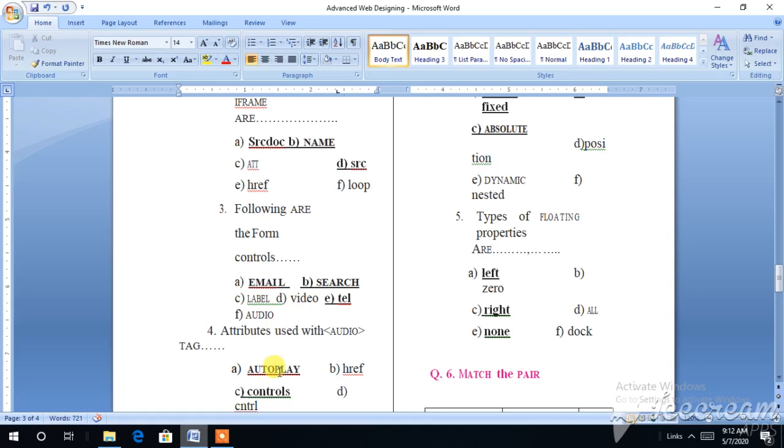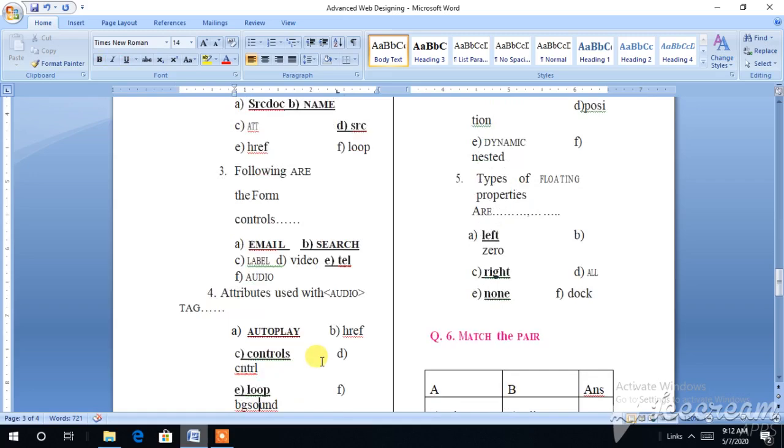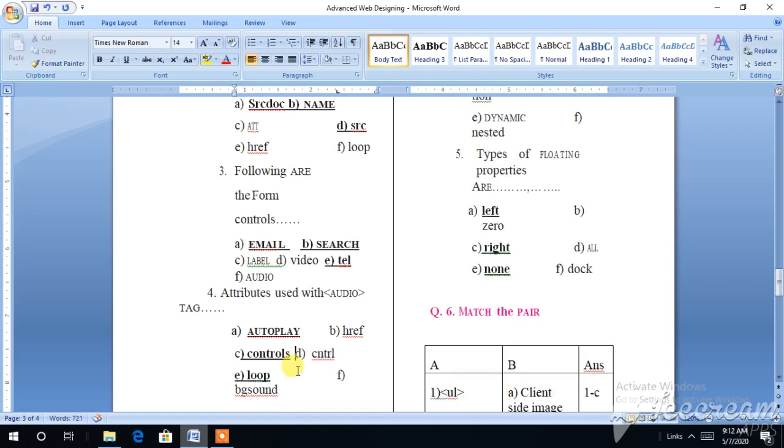We all know autoplay will be one of the attributes, controls will be one of the attributes, and loop will be one of your attributes.